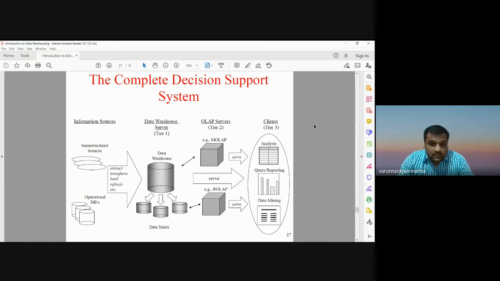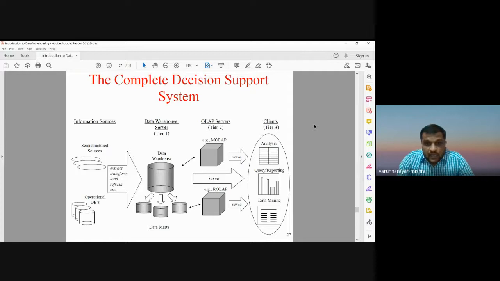that is the data warehouse server, it has the integrated approach. It has integrated information from multiple sources. That is also considered a data mart. A data mart is considered a composite, or you can say the place where all the data sets are stored, and it can be used for different purposes.